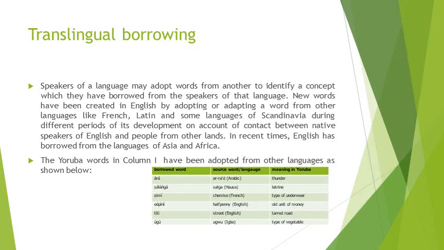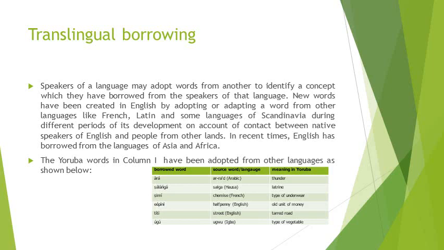some Yoruba words that have been adopted from other languages, as we will see shown in the table below. A borrowed word is the word ara, and the source of that word is Arabic. It comes from the Arabic word arad, and it means thunder in Yoruba. Another borrowed word is shalanga. Shalanga is a word that is borrowed from Hausa, and the Hausa word is salga, and the meaning in Yoruba